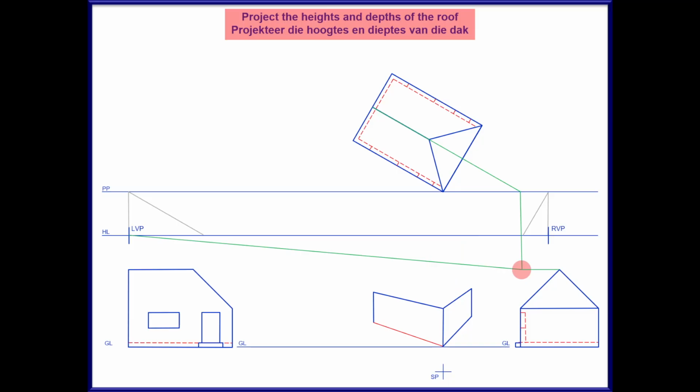To get the placement of the pitch of my roof, I will project from the top view towards my station point till it hits the picture plane, divert down 90 degrees, that will be the front point of the roof pitch. To get the back point of the roof pitch, I'll project down towards my station point till it hits the picture plane and 90 degrees down, and that then will be my roof pitch that I will see. I can clearly see that my roof pitch is connected to the outside of the walls. I will connect it to the outside of the walls in my perspective drawing as well.